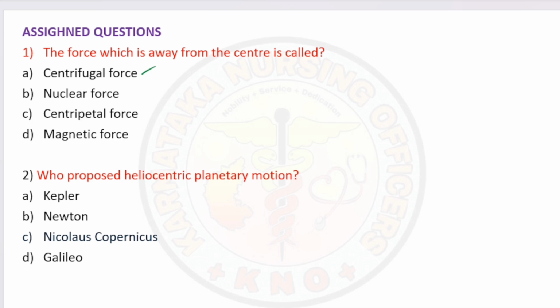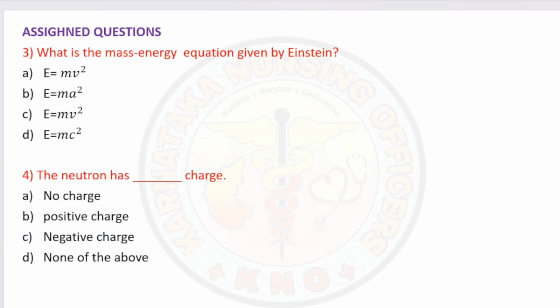Please take the assignment questions. The third one is, what is the mass energy equation given by Einstein? And the fourth question is, the neutron has dash charge. Please answer these